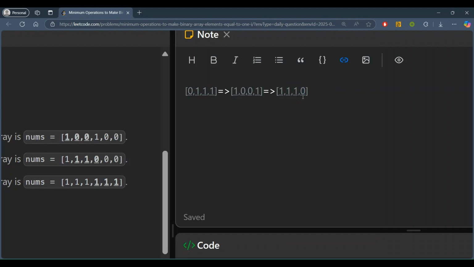So if we get a zero in the last element, or the second last element, after doing all the operations, then in that scenario we can't make all the numbers inside nums one.